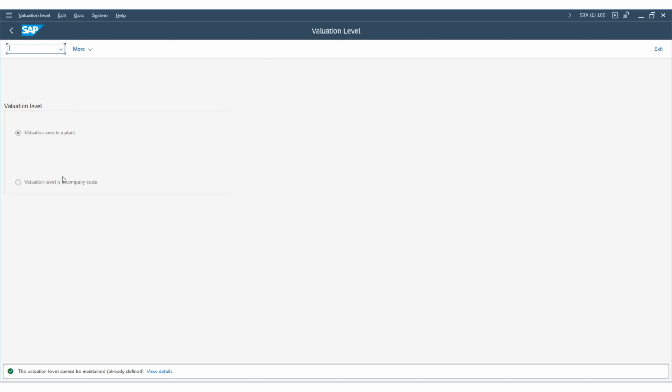Here you have two options: valuation area is plant, and valuation level is company code. You can see that both checkboxes are disabled because it is not possible to switch the valuation level once you have selected an option. For example, I have already selected the valuation area as plant, so I don't have any option to switch to the company code. If you want to switch the valuation level, then you need to contact SAP directly and they will do it